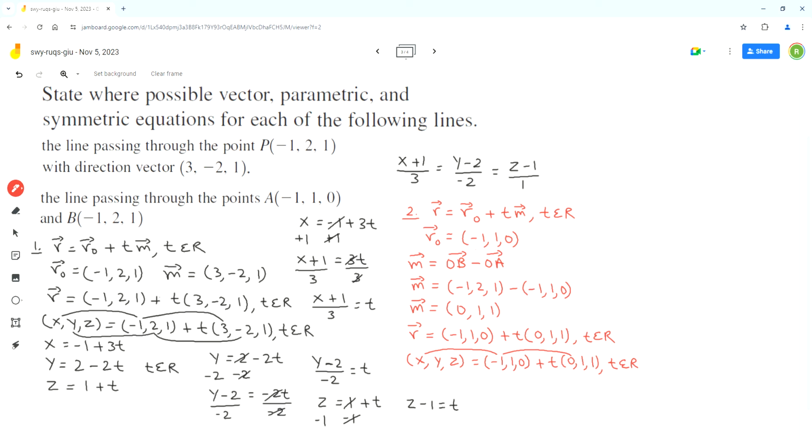So the x equation is... t times 0 is 0, so we can ignore the term. So the x equation is x equals -1. Now we can write the y equation using the y components. And next we can write the z equation. We can ignore the 0 term in this z equation. So we can rewrite the parametric equations as